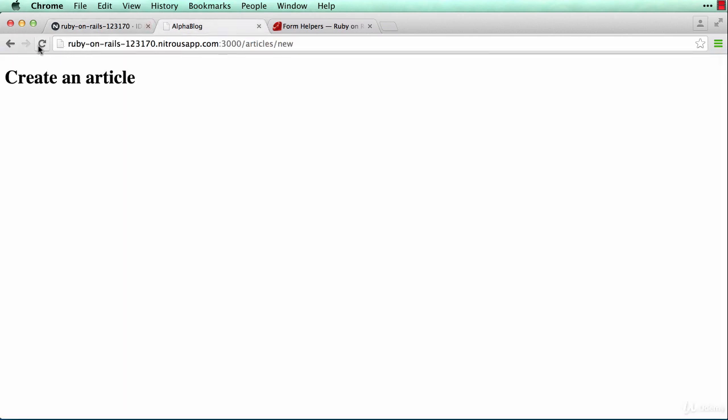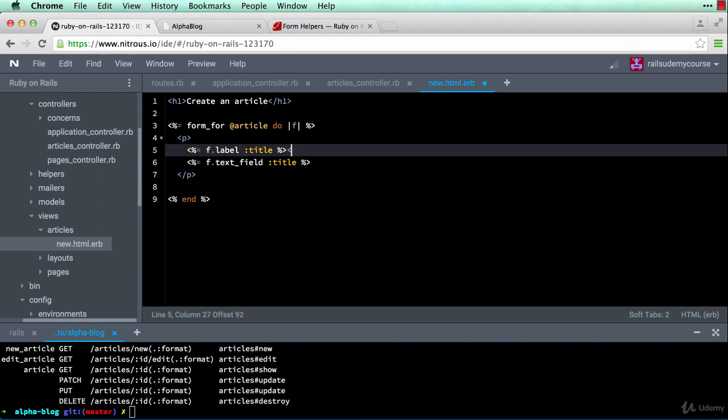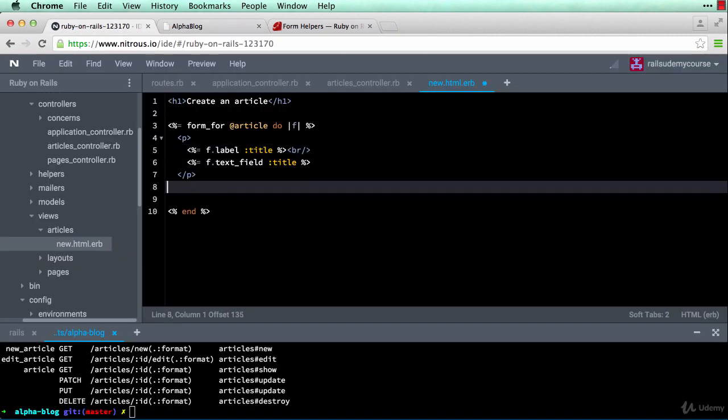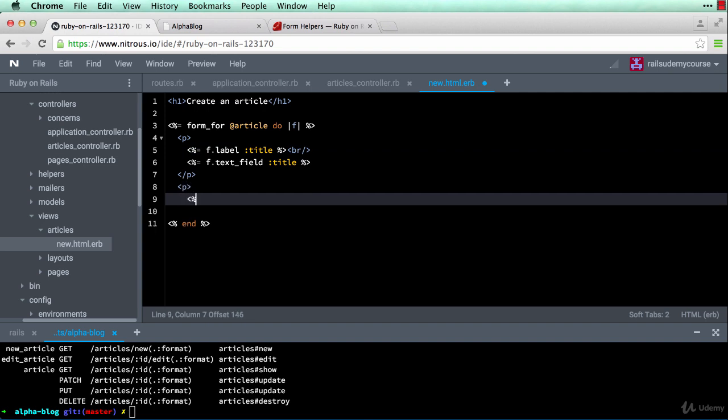Let's see what that looks like. Okay, so I have title, but this box is right next to title, so I want to put a break in here. Save that. If I reload, okay, so title, and there it is, the box for title. Next, we want to deal with description. So I'm going to say p tag, and then embedded Ruby again, f.label. I'm going to say description. Then I'm going to put a BR tag,